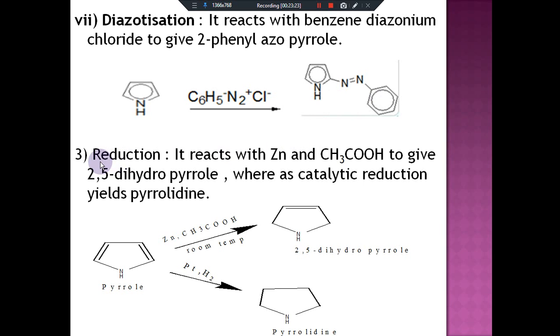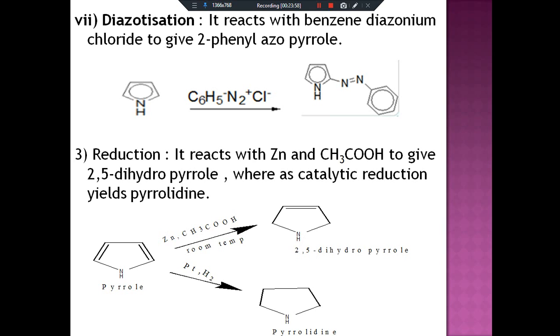Next major reaction is reduction. Pyrrole will be reduced to different products under different conditions. That means the product after reduction depends upon the reagents we use. Pyrrole, when reduced with zinc and acetic acid at room temperature, gives partial reduction and gives